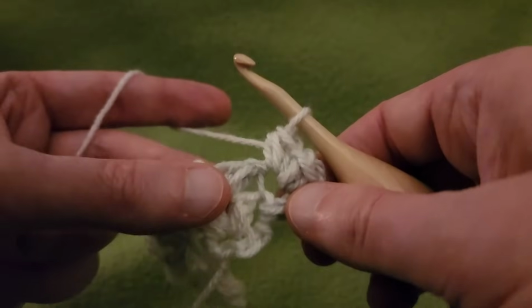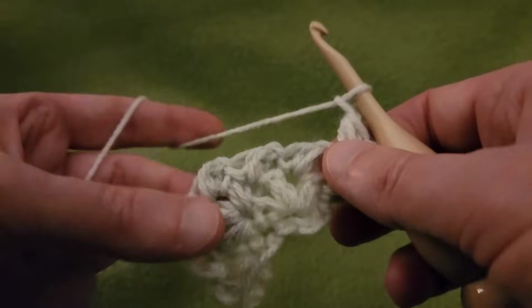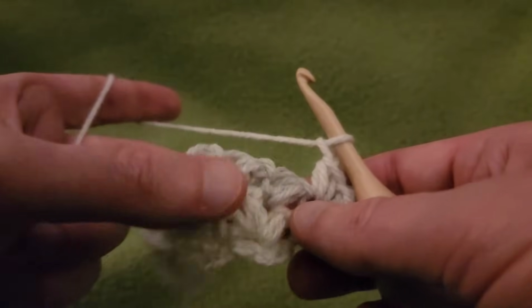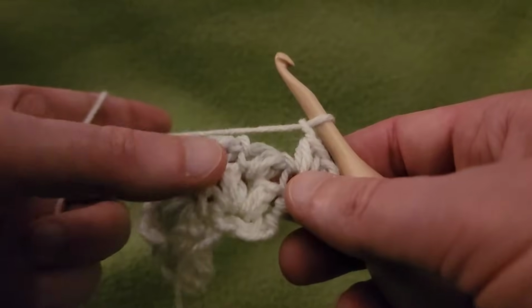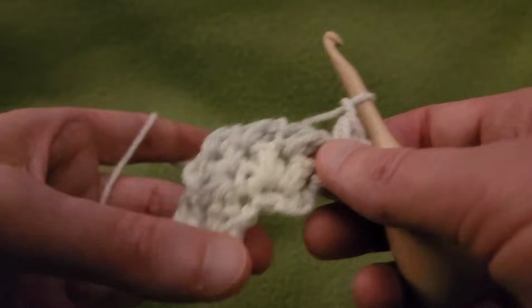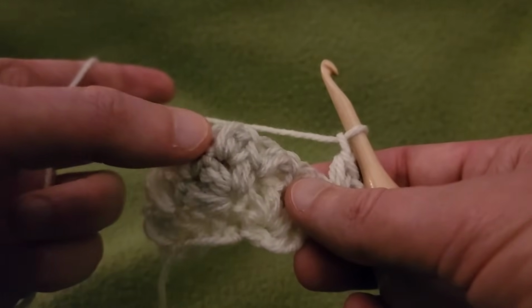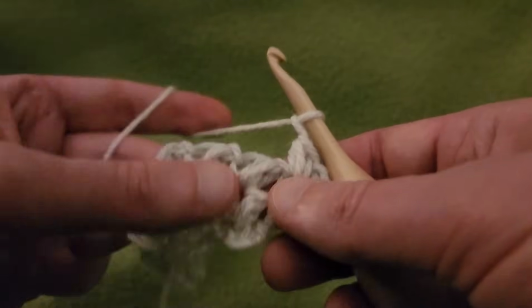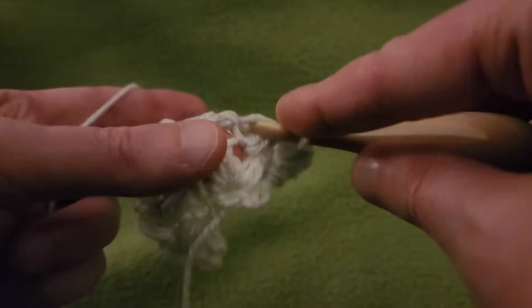So we got 2 puffs in the first stitch, chain 1, and for the next 2 stitches, we're just going to do regular puffs. It's at the center spine. That's where we're going to do another increase. Now, what you could do is you could put a little stitch marker or a little scrap of yarn there to remind you. So I'm going to carry on by going into the next stitch with a puff,